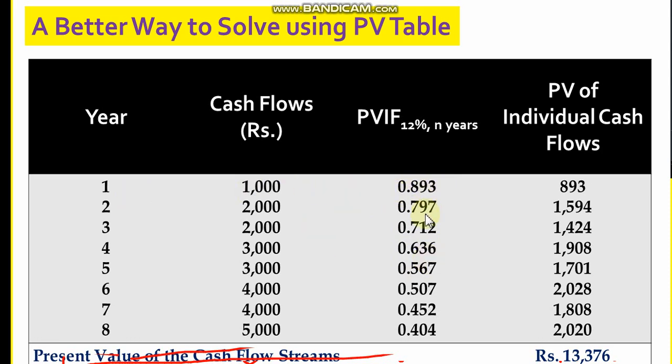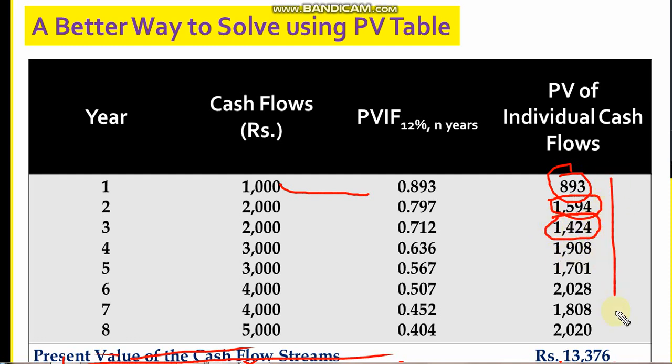So once I get the present value factors from the table, this is the cash flow at the end of year 1, and this is the present value factor of 1 year. So I just multiply these two, right? And I get the result here. This is the present value of this 2000 today, right? This is the present value of this 2000 which is occurring at the end of year 3. This is the present value of that 2000 today, right?